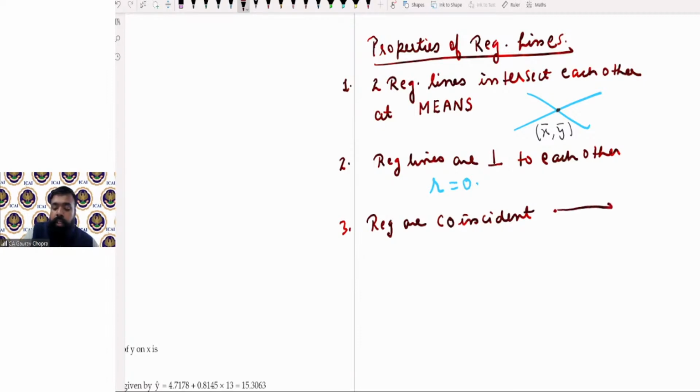It means कि इक्वेशन तो हमारे पास दो है, बट दो इक्वेशन के लिए एक सिंगल कॉमन लाइन ही फॉर्म हो रही है। देयर इज ओनली वन सिंगल लाइन फॉर द टू इक्वेशंस। तो इट इज नोन एज कोइंसिडेंट लाइन। तो जब भी लाइन कोइंसिडेंट है, देन व्हाट इज द वैल्यू ऑफ आर? तो कोरिलेशन विल बी ईदर +1 और -1।